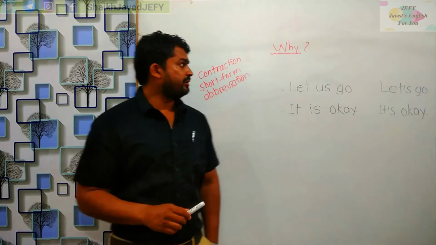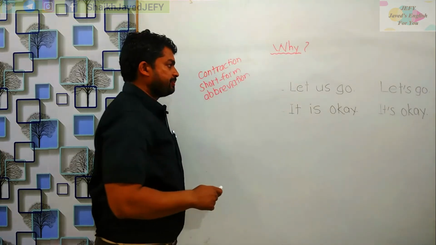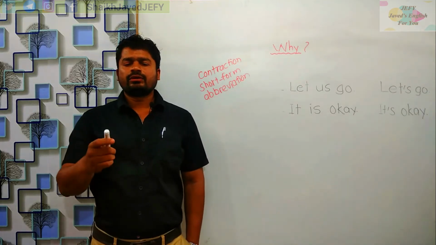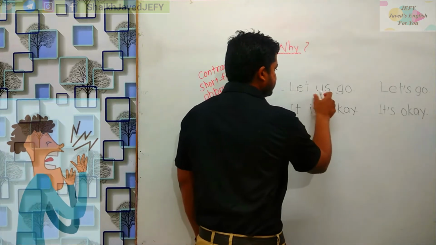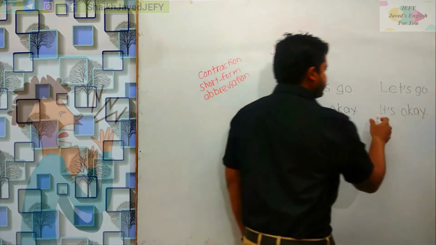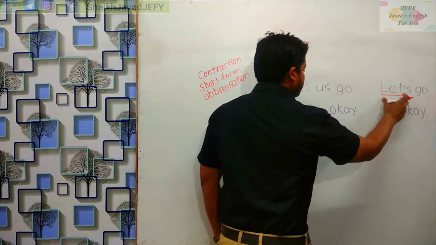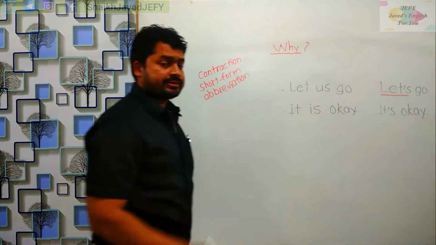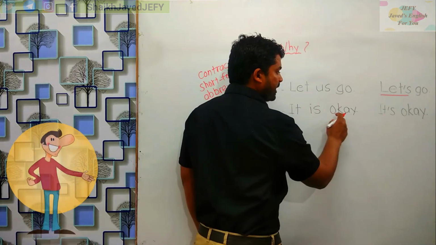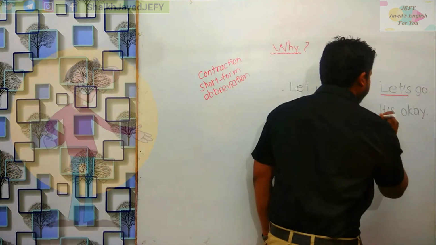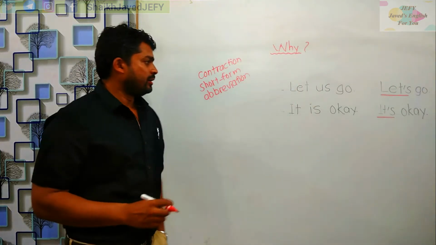So in the very beginning, we'll see why do we use contractions. Now suppose you are speaking English with your friend. You will not say "let us go." You would say "let's go," because "let's" is a contraction for "let" and "us." In the same way, you will not say "it is okay." You would say "it's okay," like that, because